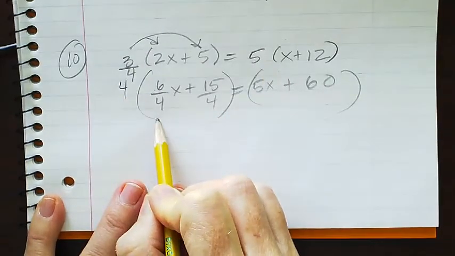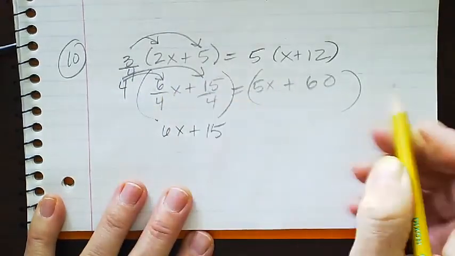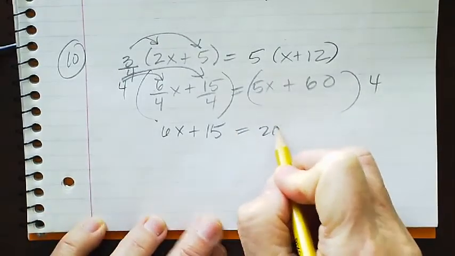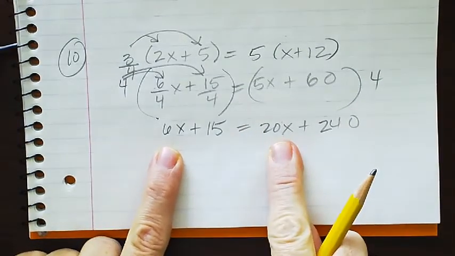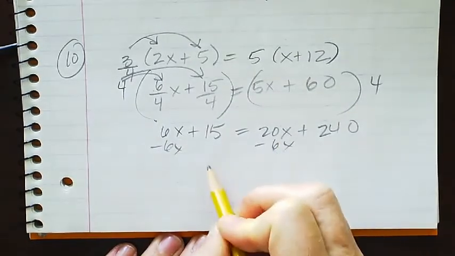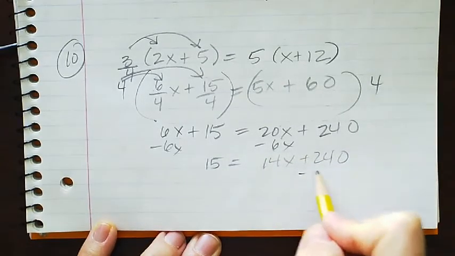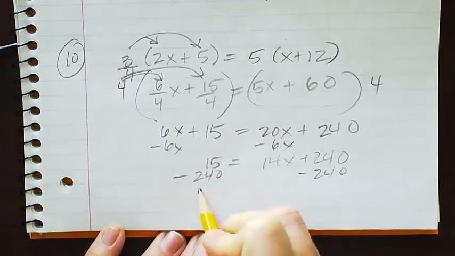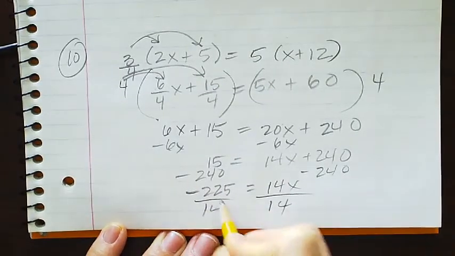If I do that on the left, it'll get rid of these fractions. So that'll give me 6x plus 15. And then I have to do it on the right. And then you're just getting x by itself. So I always look at the x terms and get rid of the smaller one. Subtract 240. So -225 equals 14x, and then just divide both sides by 14. Okay, and then number 10, or what, that was number 10. 11 was